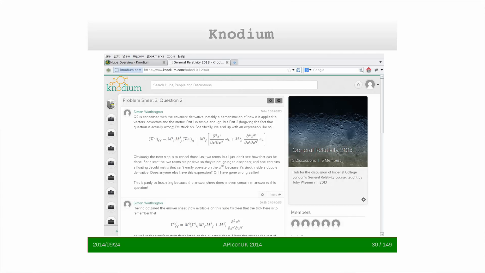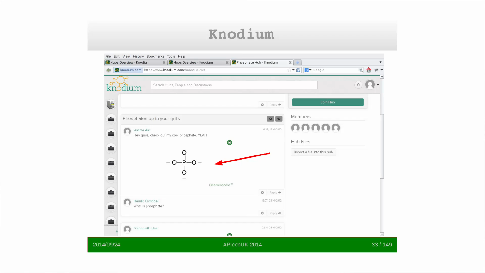And we've integrated with a thing called MathJax so that engineers can put in equations. So when they're having a discussion, they don't just use words. They can put in their math equations that they're having a particular problem with. And we did something for chemistry students where they could draw in their organic chemistry molecules, because what we were finding was that